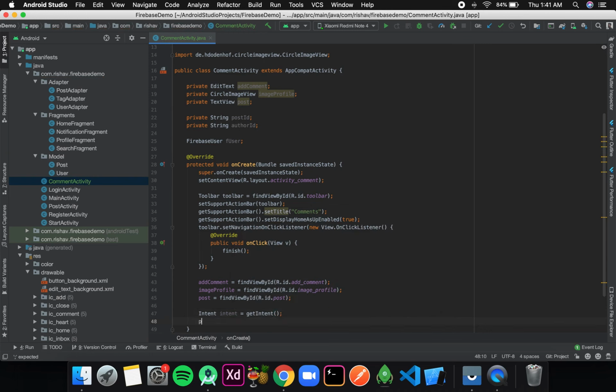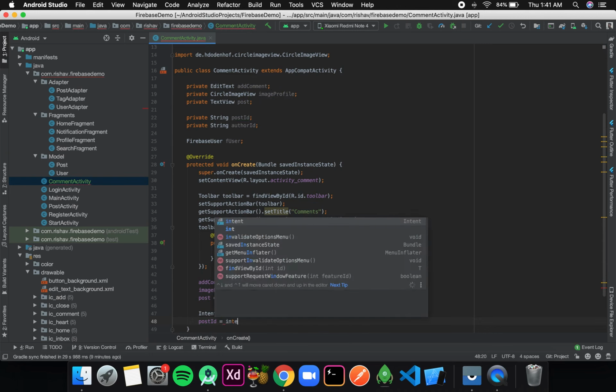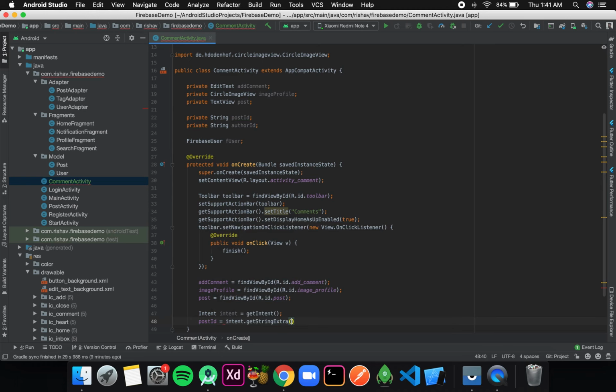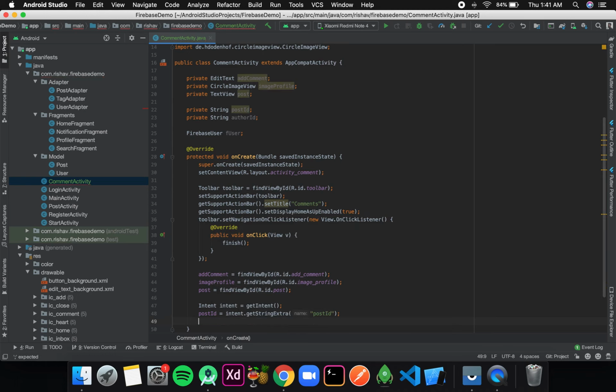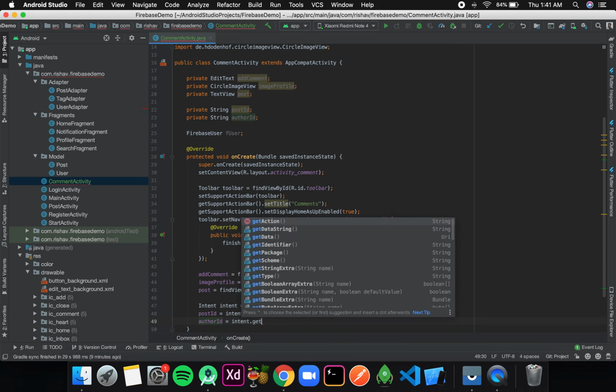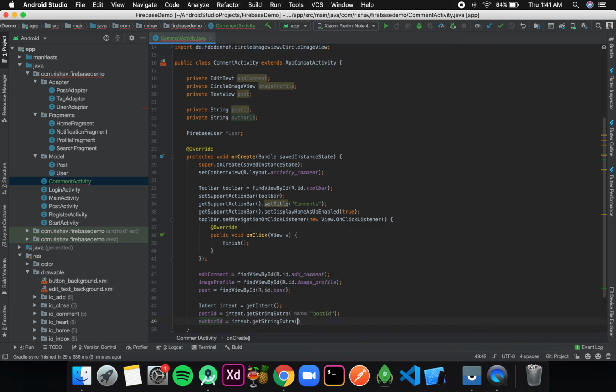Okay, then postID is equal to intent.getStringExtra, and the string name is postID. Okay, and similarly for authorID it is intent.getStringExtra authorID.